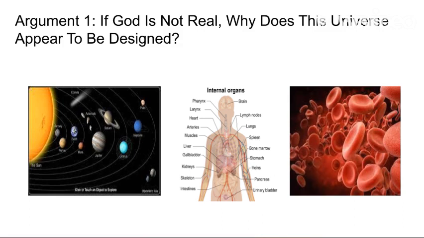God is not real, why does this universe appear to be designed? First example of design is that we have organs in the human body, and each organ in the human body serves a purpose. Intestines digest food, lungs breathe in O2 and breathe out CO2, hearts pump blood,